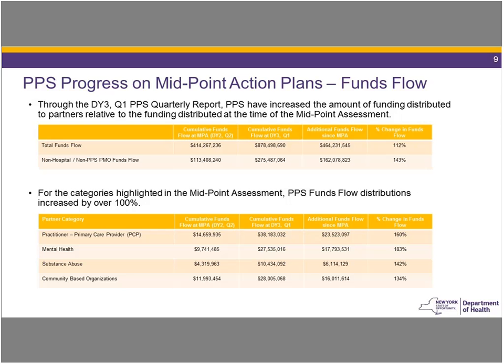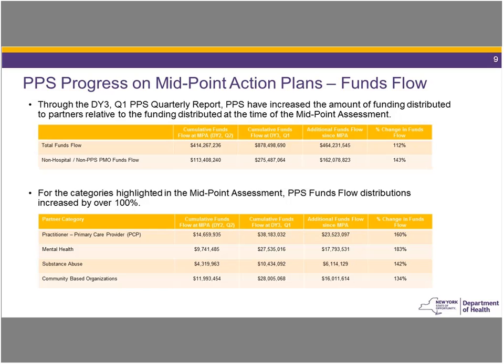Substance abuse, again, another significant increase, 142% from $4.3 million to $10.4. And CBO category from $11.9 million to just over $28 million. So about 134% increase in the total dollars distributed in the 3 quarters after midpoint assessment out to the CBO category. And so, that is the big picture in terms of total distributions across all 25 PPSs and the bottom line increases. What we do have on the next slide, and